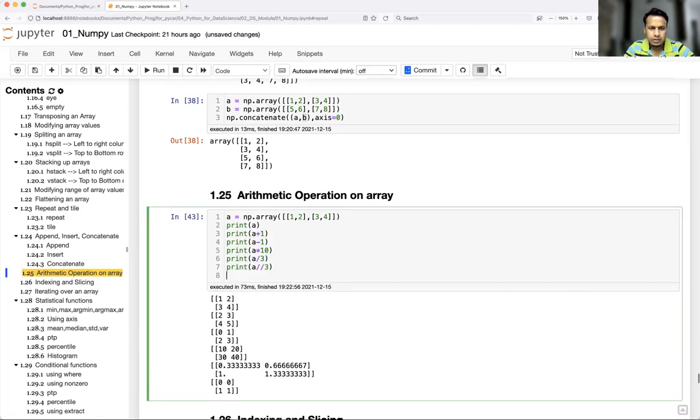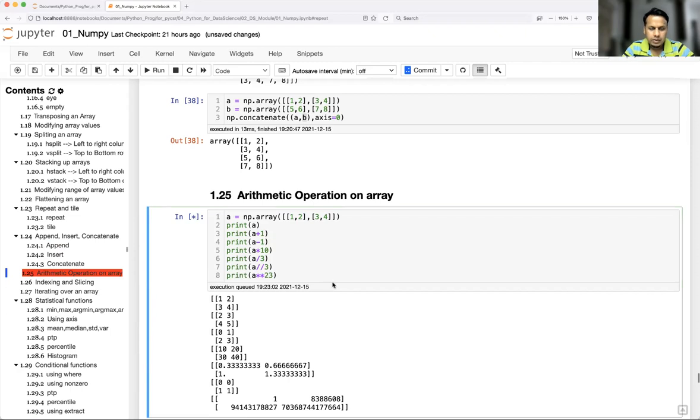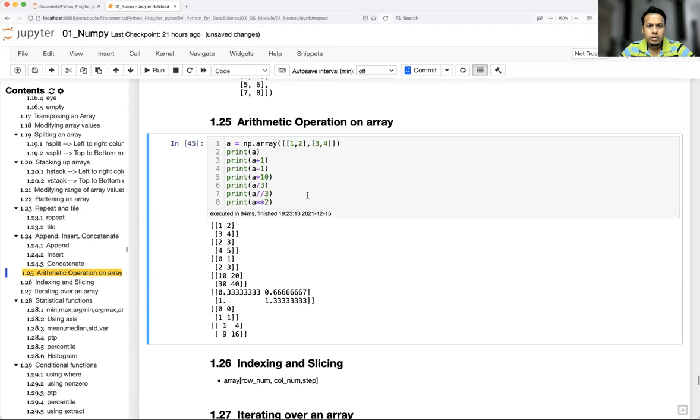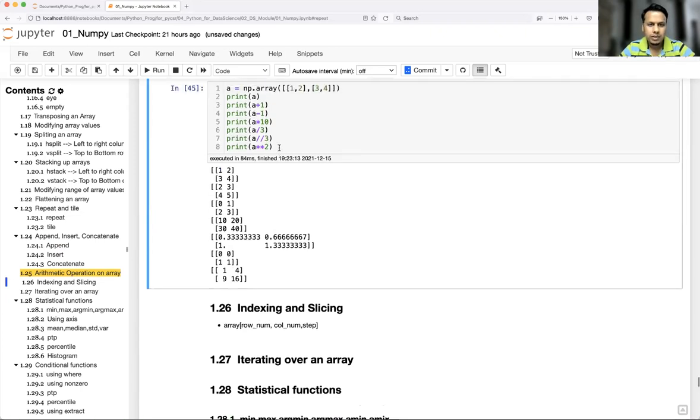Similarly, you can use power. So you can do any operation. But remember, this is different from a list. Whatever operation you perform, it will be performed over each and every element of an array. That is the beauty of the n-dimensional array or NumPy array. There are a couple of other operations, like modulo, so I would suggest you guys try those.